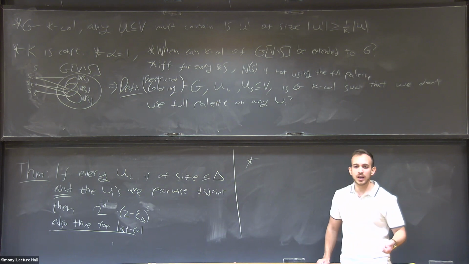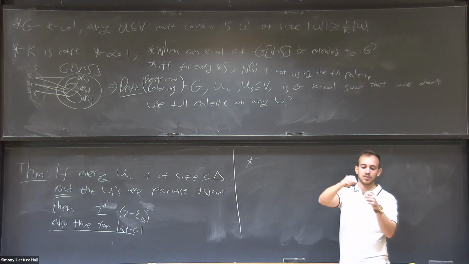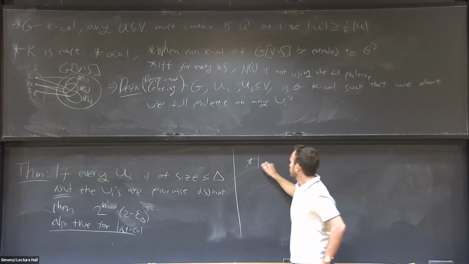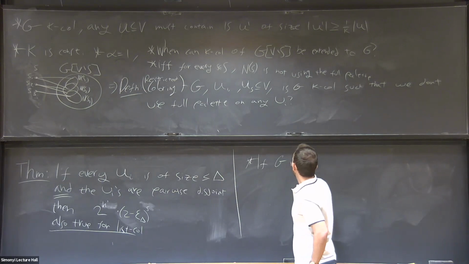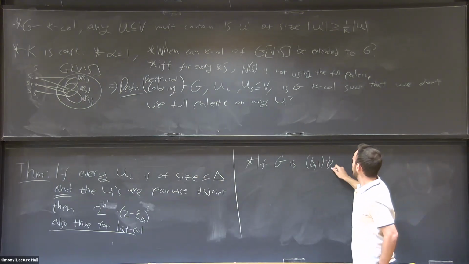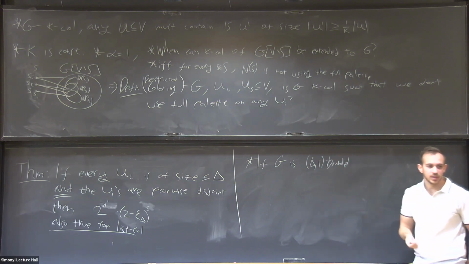But actually, if the graph has bounded degree, then we can find a two independent set. We can find a set of vertices that is of distance at least 3 from each other. How is that? So if G is, let's call it delta bounded, but this is just saying that the graph has bounded degree by delta,